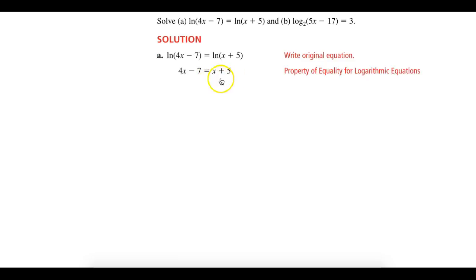x plus 5. Now again, this only works when we have the same base. If this was natural log of 4x minus 7 equals log base 2 of x plus 5, we could not cancel out those logs. They have to be the same base. Now we go ahead and just isolate our x variable. So if we subtract x, now we can add 7 to both sides, divide by 4, and we get x